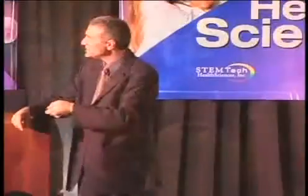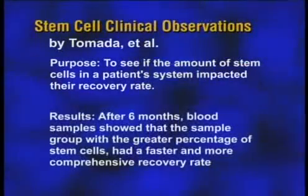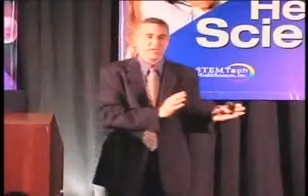At the other end of the spectrum, I have the study of Tomada. Tomada greeted everybody coming for heart problems and basically took a blood sample at the hospital. He's a cardiologist. He took a blood sample and split the people into two groups: people who had no to very few stem cells and people who had a normal amount of stem cells. Then he waited 6 months, and 6 months later tested them, and the group that had the greater number of stem cells in their blood recovered much better. So at one end, we stimulate the heck out of it, and you get amazing recovery. At the other end, you stimulate nothing. You just have a little bit more naturally, and then you recover better. And that leads to a conclusion